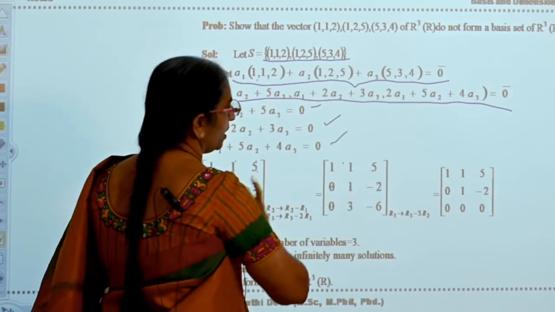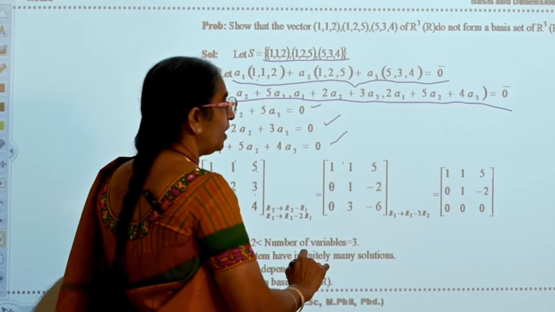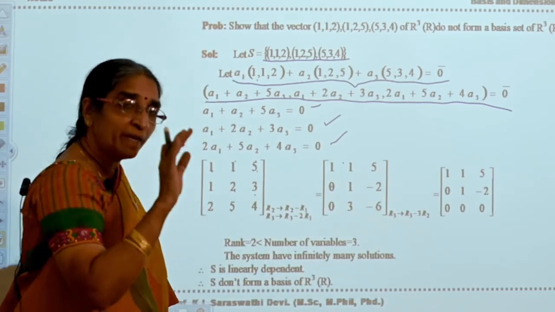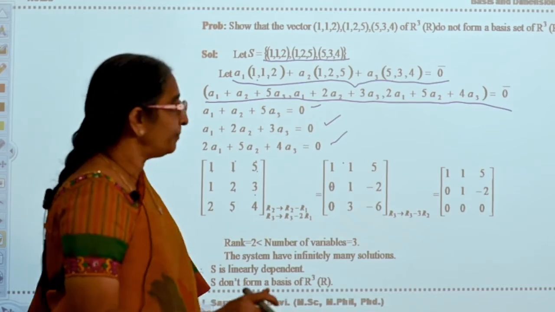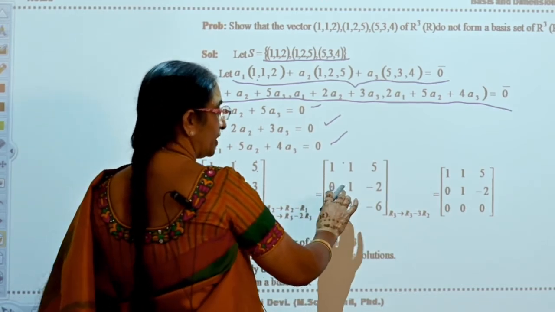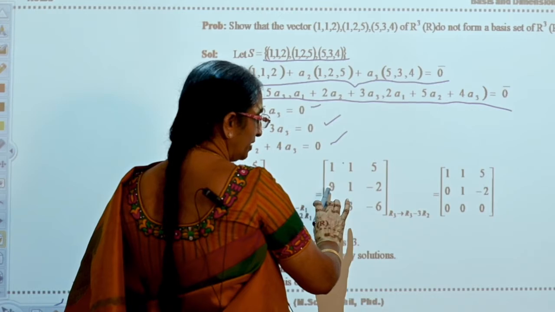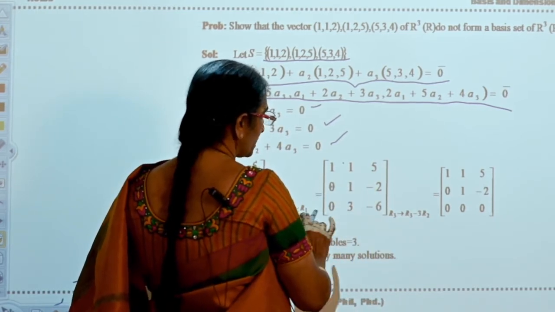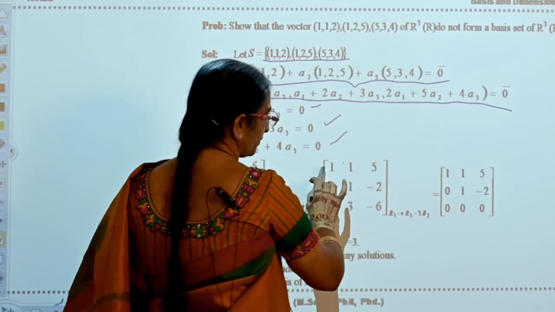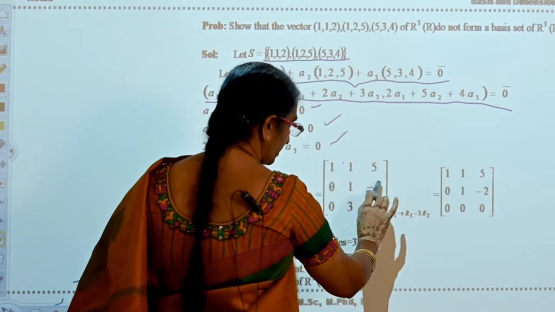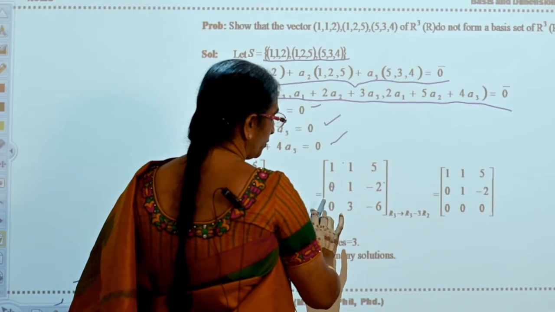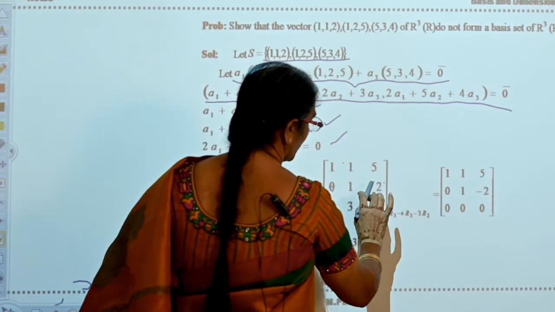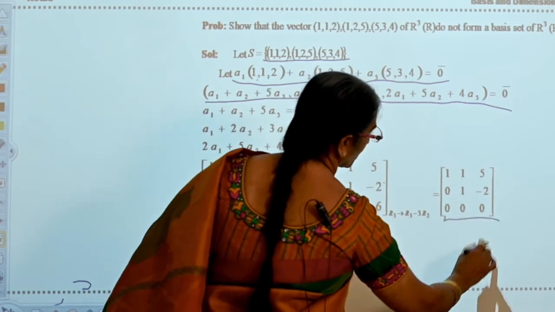You got this one. Now see the second row, and without disturbing the existing zeros, you have to make the other elements 0. Is it clear? For that we will take the first row and multiply it with -3 and add to the second row. So that is the first row as it is. This is with -3 you are multiplying. 0 plus 0, -3 plus 3, 0, -2 into -3 plus 6, -6, 0. Now you got it.